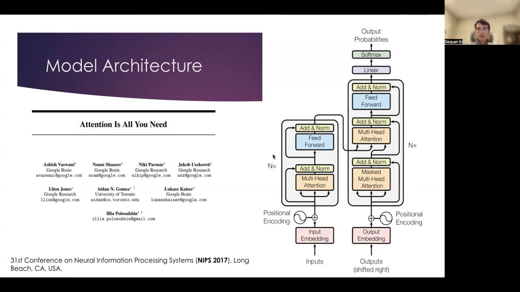The N you see on the block is how many repeated layers you have. In the original paper, they have N equal to 6. Basically, you stack this 6 times and that gives you the stacked model. So first, you have the word or the sentence coming in as your input, and then